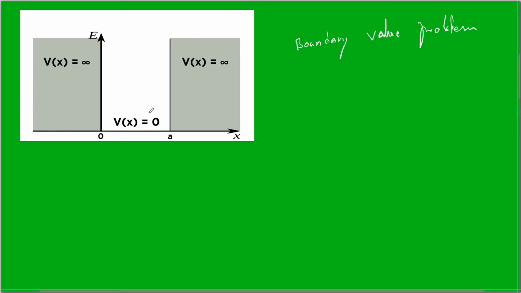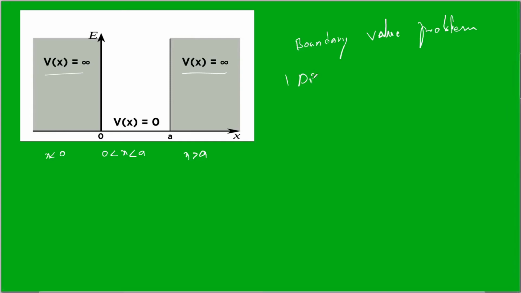Look at the geometry closely. For all values x less than 0, the potential is infinitely large. For 0 less than x less than a, the potential is 0. And again for x greater than a, the potential is infinitely large, which means on either sides of 0 and a, we have infinitely large potentials. That makes the potential box. Since it is infinitely large, one can also call this as